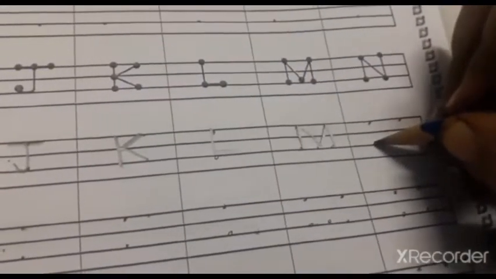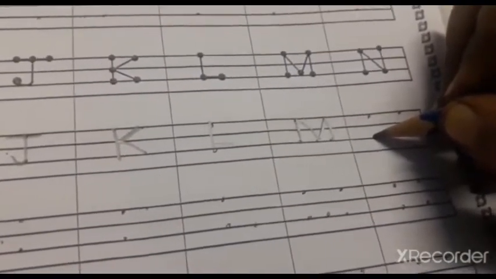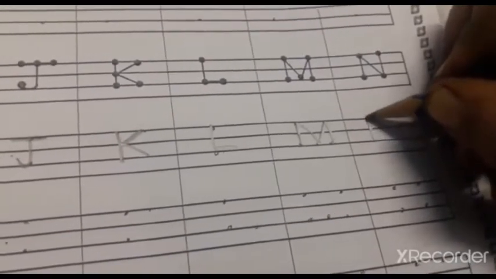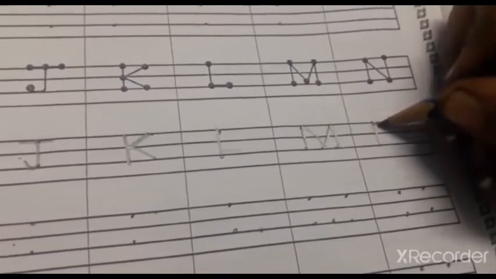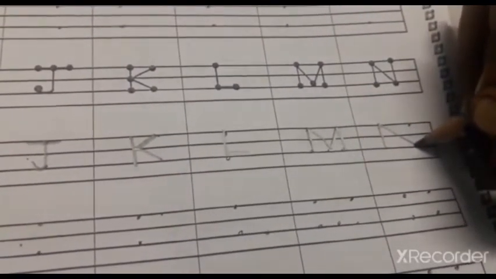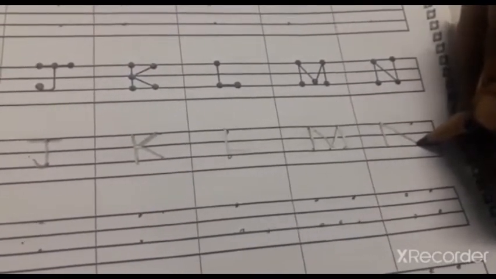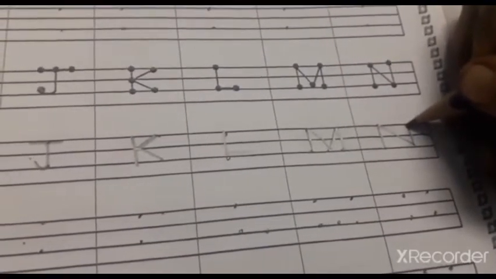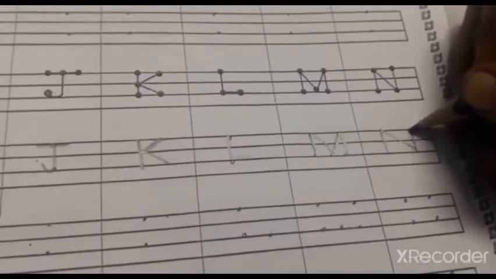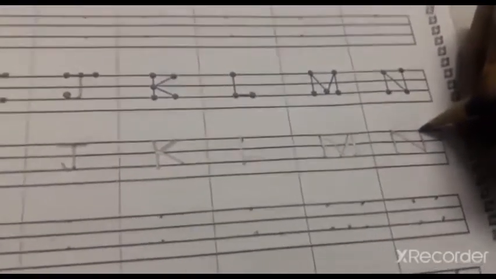Now keep the pencil on the bottom dot again. From there we'll be drawing standing line towards the upper dot. From upper dot we'll be drawing a slanting line towards the bottom dot, and from there we'll be drawing a standing line again. Yes, this is how we write capital letter N.